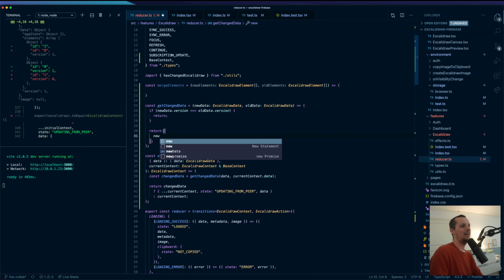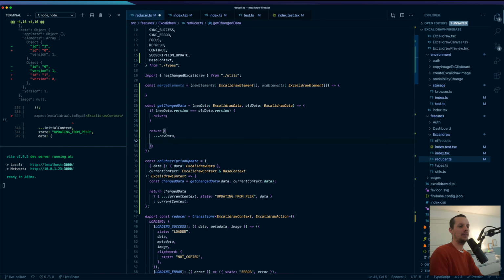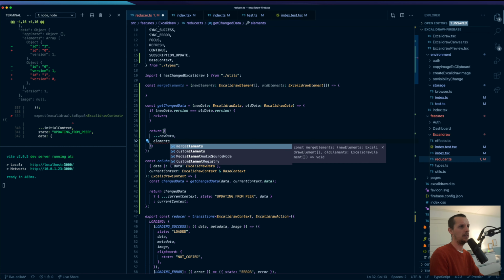Okay. There's also another complexity here. We might be on a version in front of the update we get. So we have to make sure that we actually return the latest version. Or no, that doesn't matter. We don't care about the version, because the version is created when we actually store the Excalidraw. So it's temporary in the client. It's just what version am I currently working on. It's not what version am I on exactly now. So we can just do new data and then